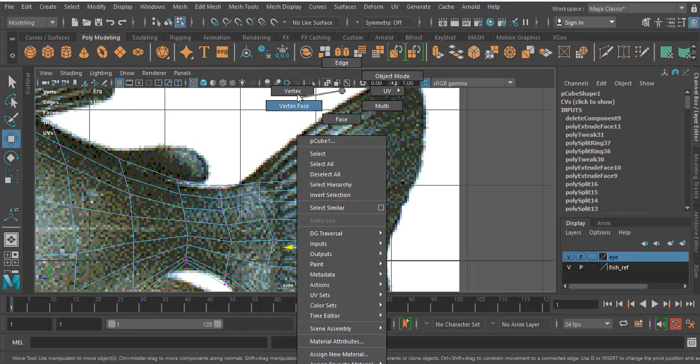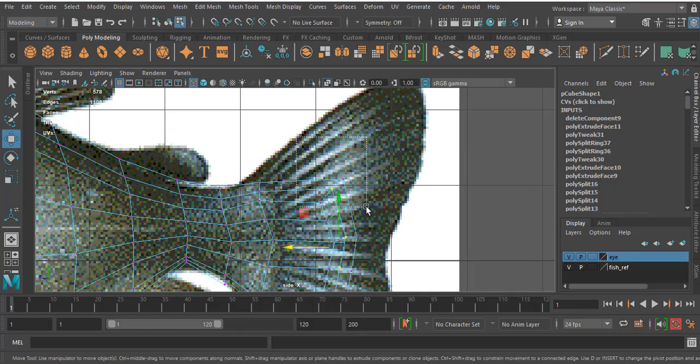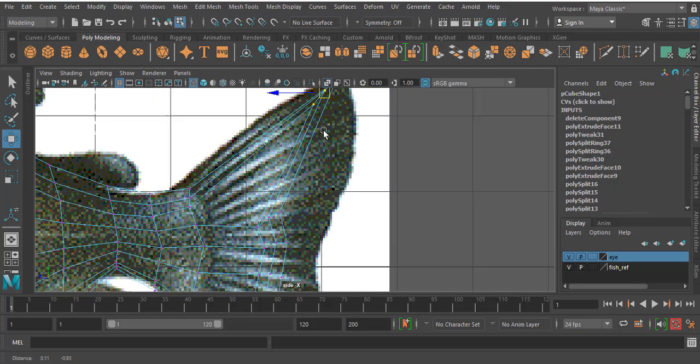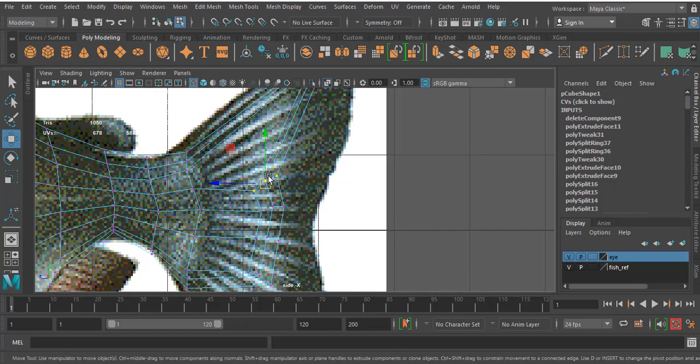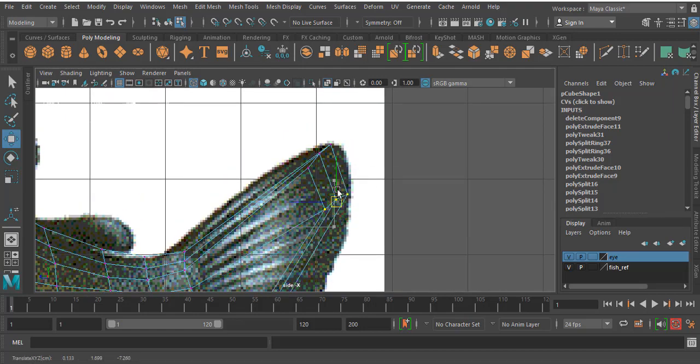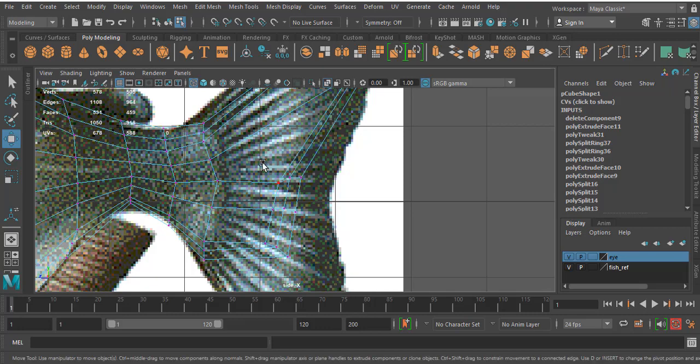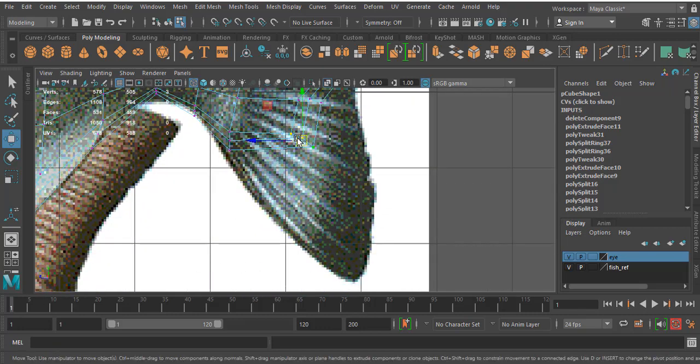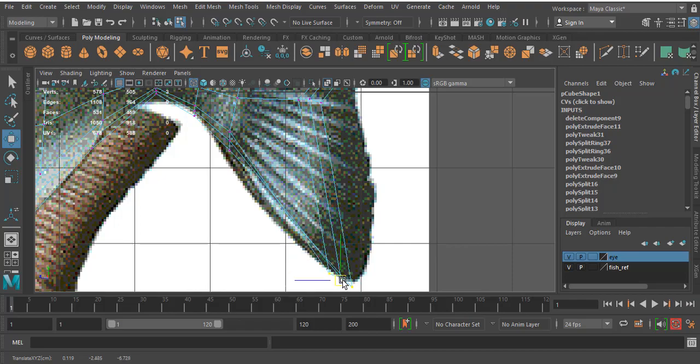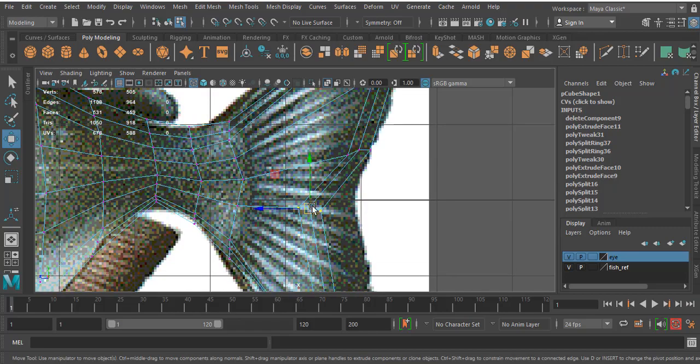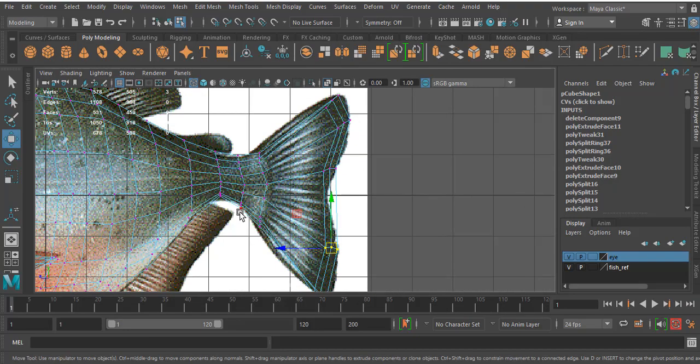Okay, now select the entire tree like one by one. I'll move this, move it over here. Okay, the next one, place it over here. The next one, place it over here. Next one, place it over here. Next over here.